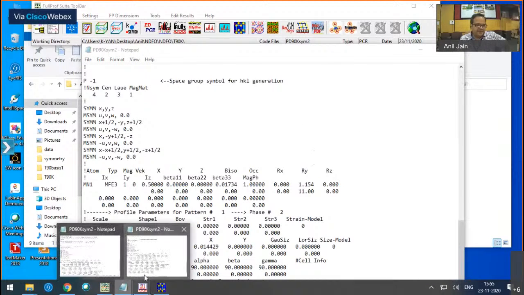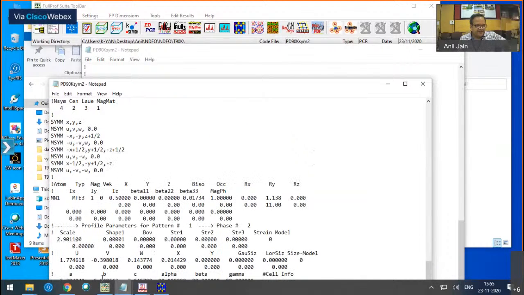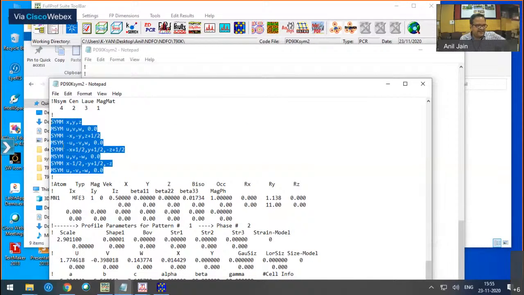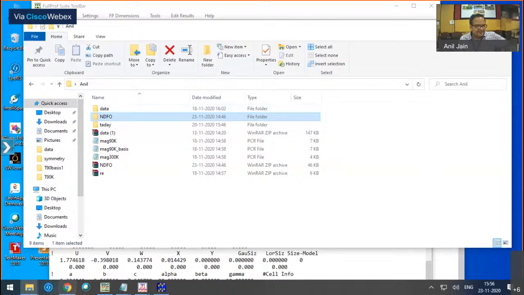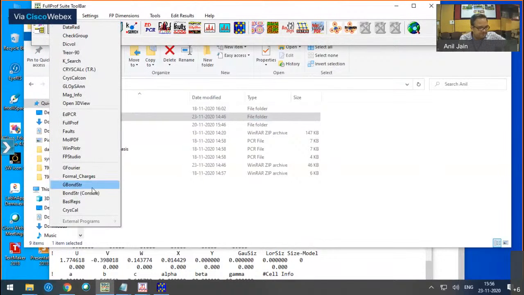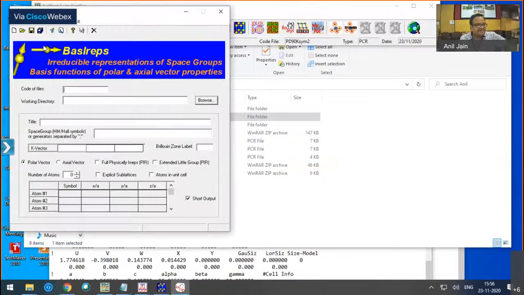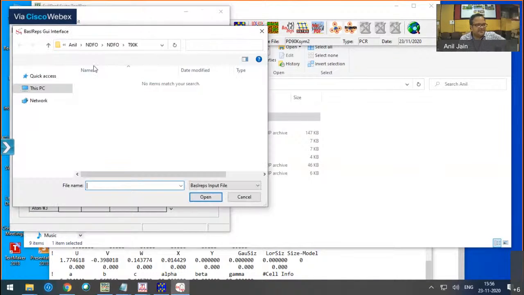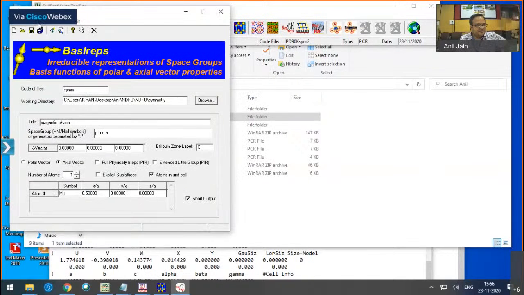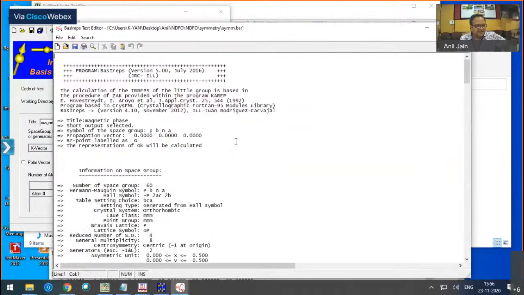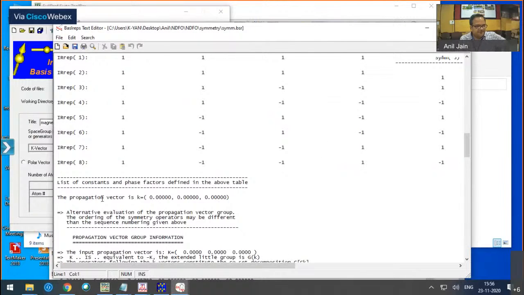Similarly, you can go ahead and do it for number 3 also, in which case I have to modify these lines and replace them with what has been given by BasIreps. BasIreps again, you can open it. This was my symmetry analysis. I can run it just to make sure things are all right. And then we have worked for this,